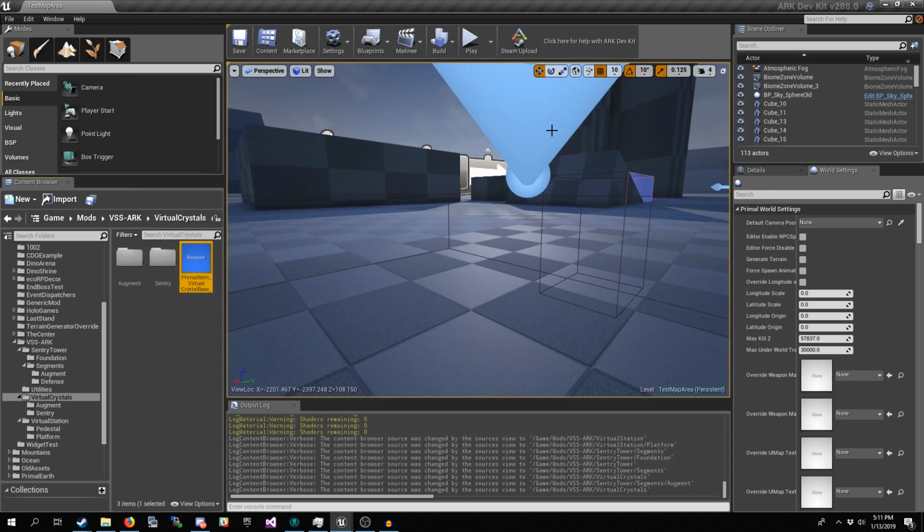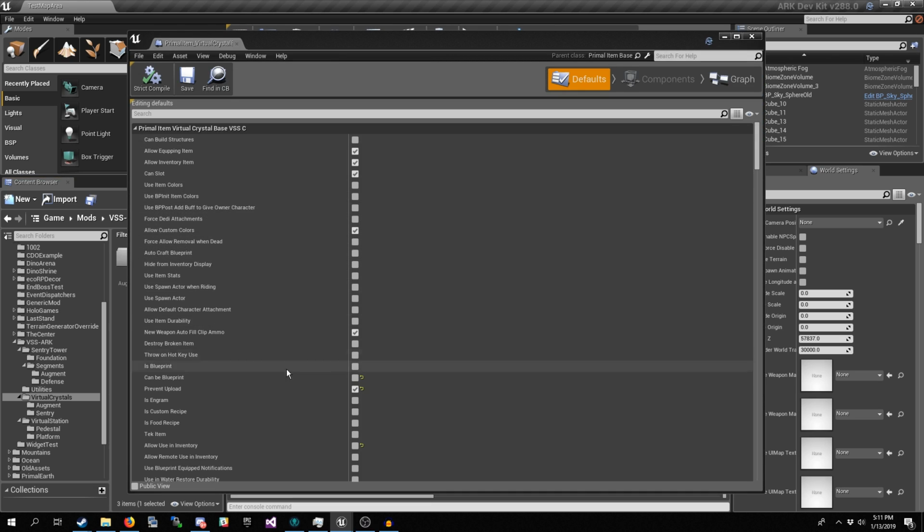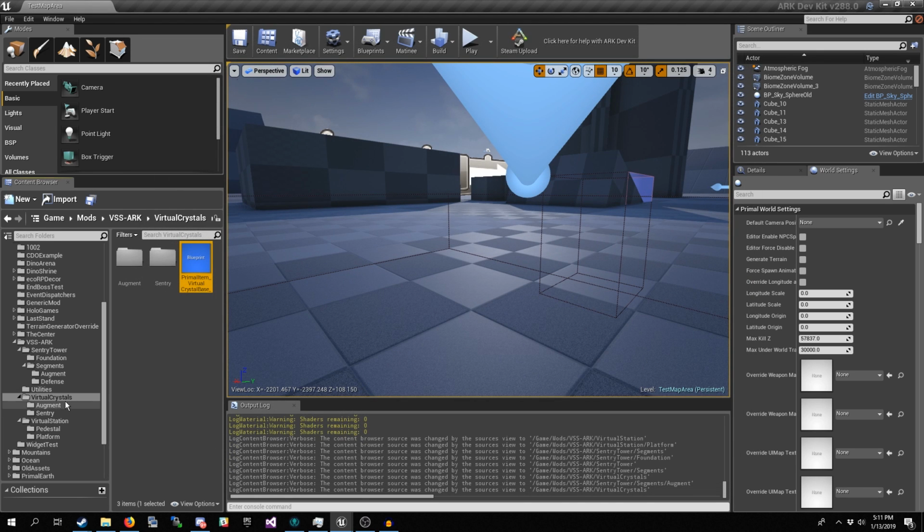Now, another change was that, again, we got rid of the structure parts of this. And now, this is just an item. The way that we'll make this visually identifying out in the world is that we'll basically make it appear somewhere on the segments the same way we would trophies and the artifacts. So we're going to go that route. So those are the changes that we made since the last one, okay, as far as what we'd already done.